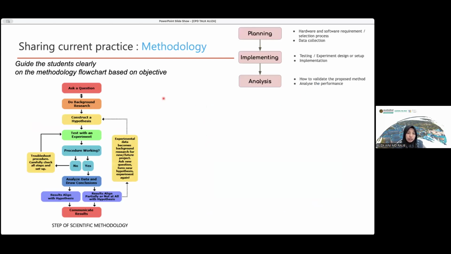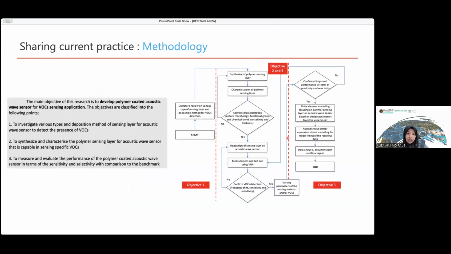Okay. From the science point of view, this is the general methodology of a research project. It's background, hypothesis, whether method A will work or not, and test with the experiment. If it is working, we come up with the analysis. So you need planning, implementing, and analysis.